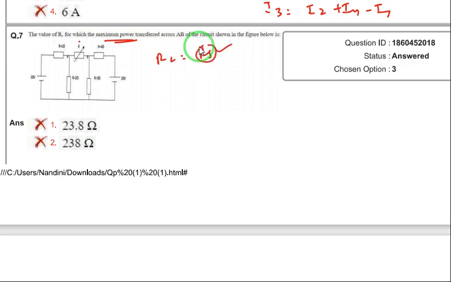How to calculate? Here, the voltage source, just short it, and this one also, short it. Then simplify: these two are in parallel and these two are in parallel, and both will be in series. The values are 1 ohm, 2 ohms, 4 ohms, 3 ohms and 20 volts. Simplify the two parallel pairs, and both will be in series with the load resistance, so that you will get RL equal to RS. You will get this value, and you can choose from the options.